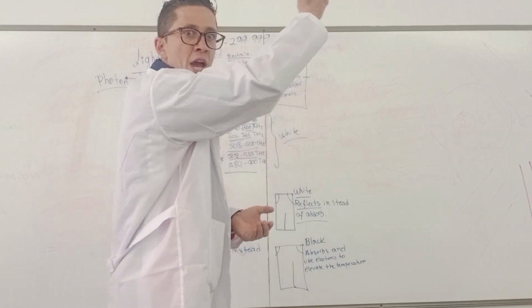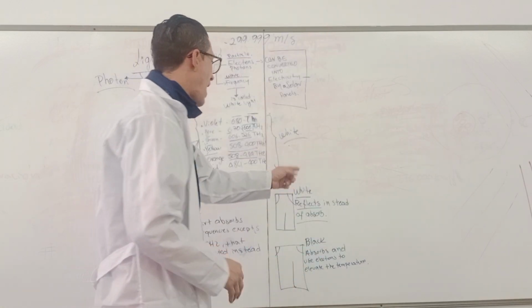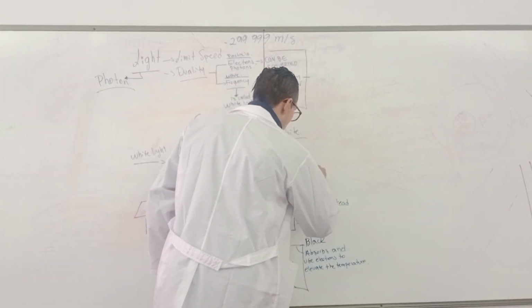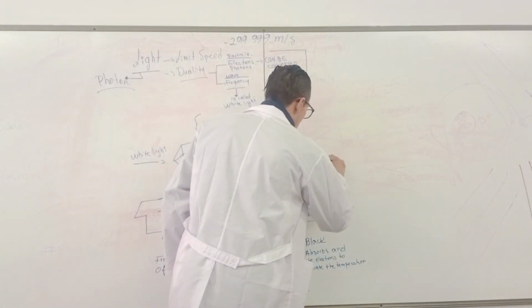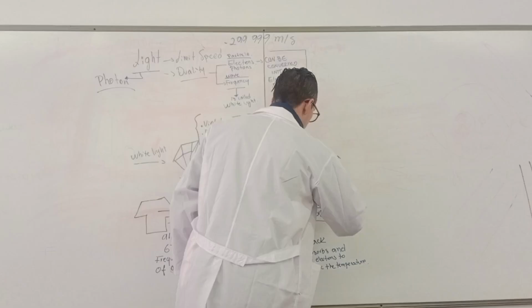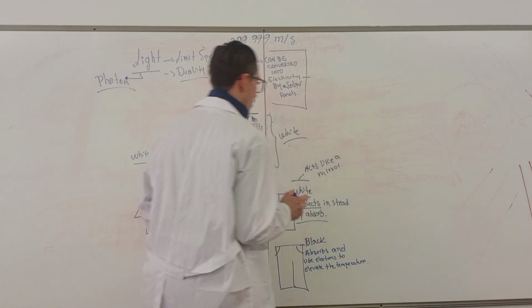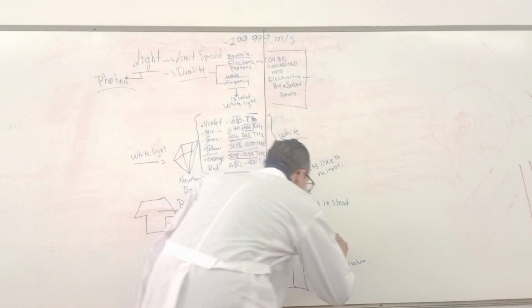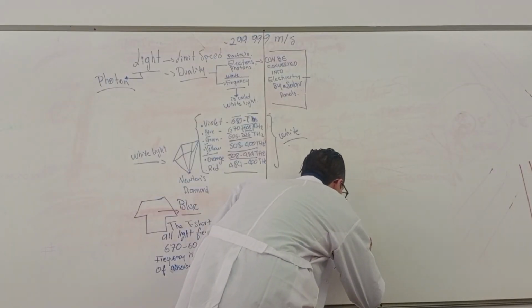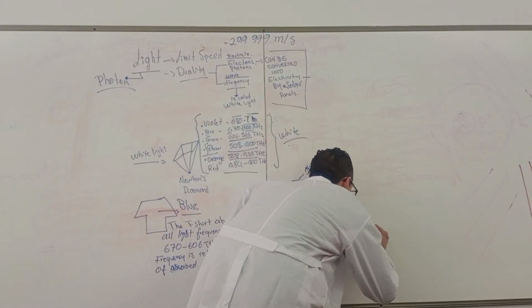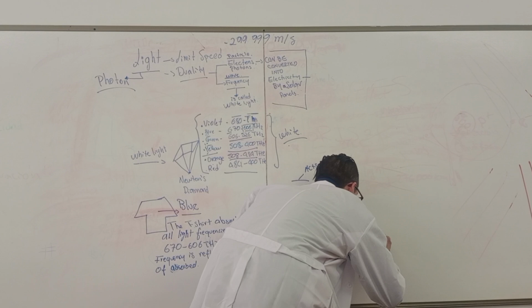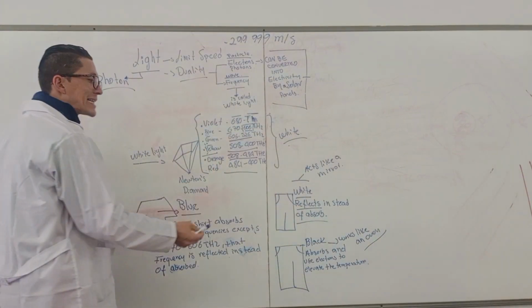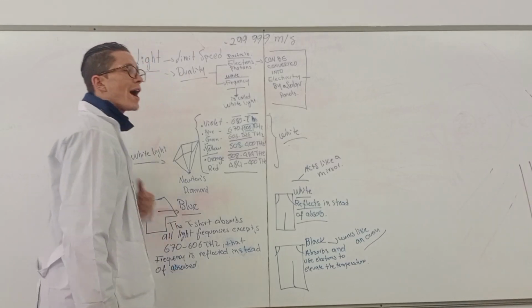Because the sun is shining and the white color acts like a mirror. Okay? And black works like an oven. Black acts like an oven. Why? Because